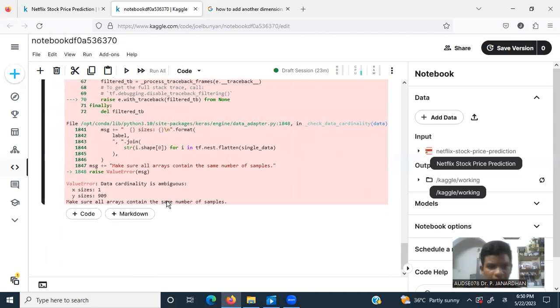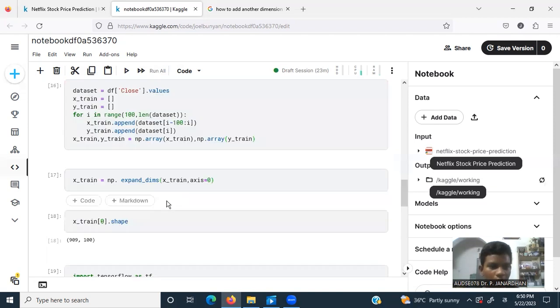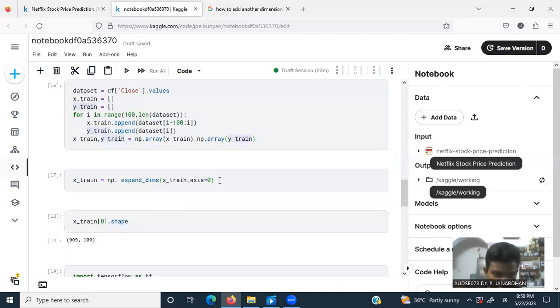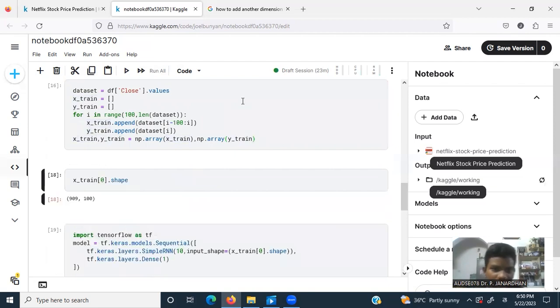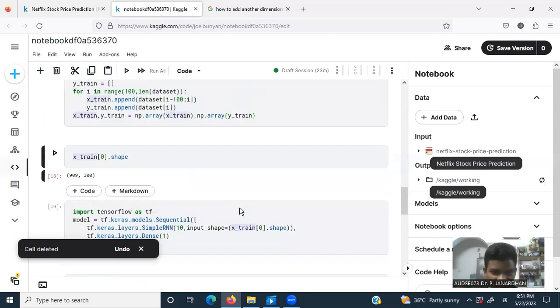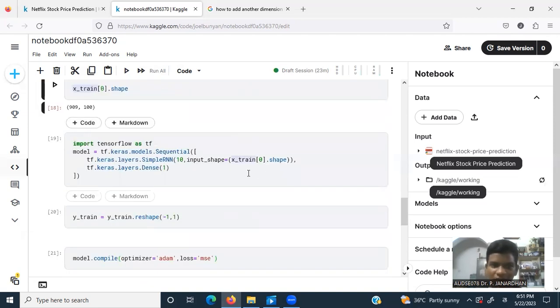Arrays contain same number of samples. All right. I don't think this is the right thing to do. There is no need of expanding dimensions. Let's see. I'll try to solve this or I'll come up with it in the next video. The video is getting larger, but